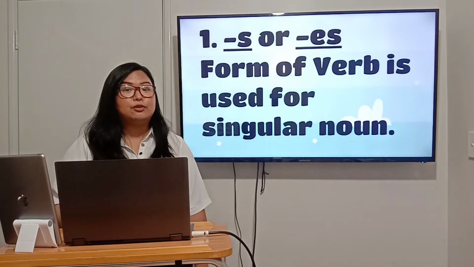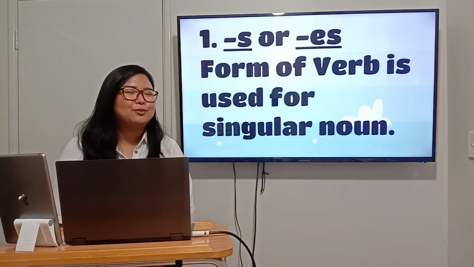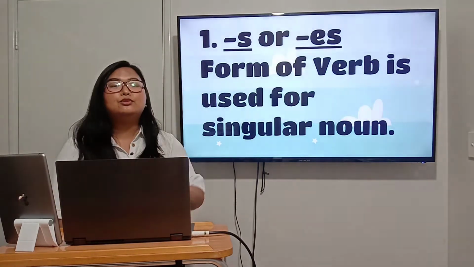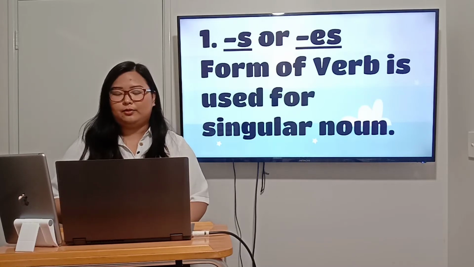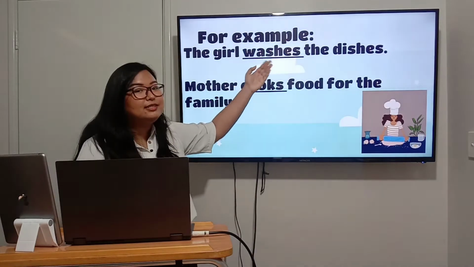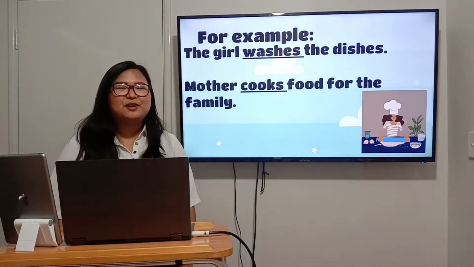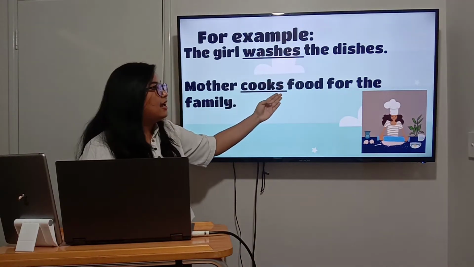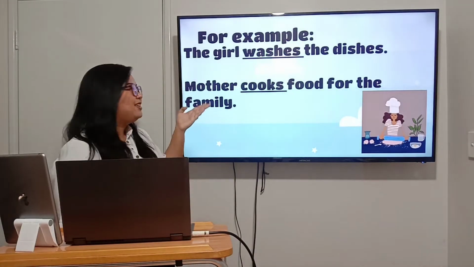The first form of the verb that we've learned is the S or ES form of verbs. Remember that the S or ES form is used for singular nouns, meaning only one noun. So for example, we have the girl washes the dishes and the mother cooks the food for the family. We use the ES and S form of the verb because there is only one girl and there is only